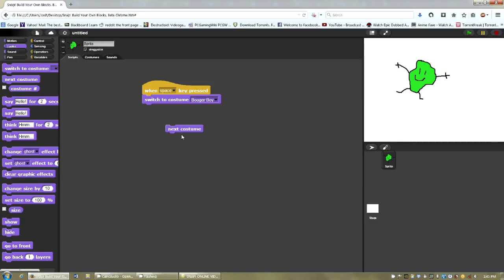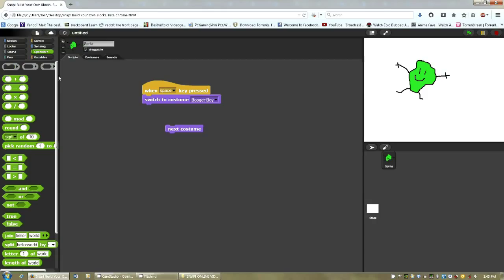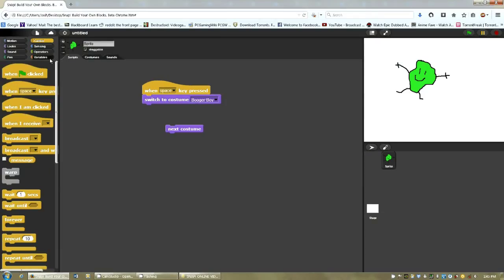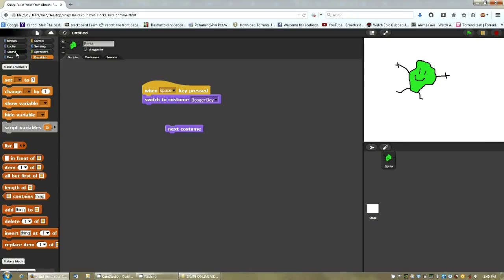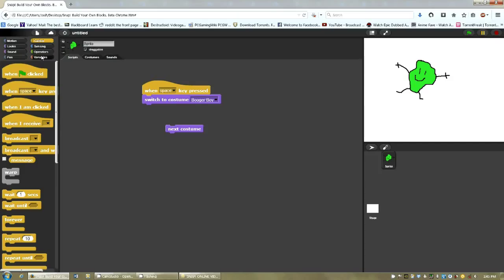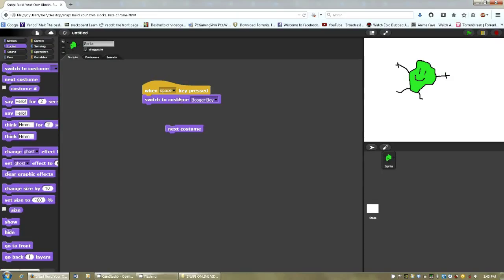So normally this would be used in conjunction with a, let me find it real quick. Something to do with time. Or a loop, like counting. Let's say, okay, after something happens, then do this. So what this is saying is, I'm gonna press. If we're on turtle, switch it back to turtle. It says switch costume to turtle. But if we have next costume below it, so what this program does now is when space key is pressed, switch to turtle, which it's on, and then switch to the next costume. And in our list, our next costume is Booger Boy. But since it happened so fast,